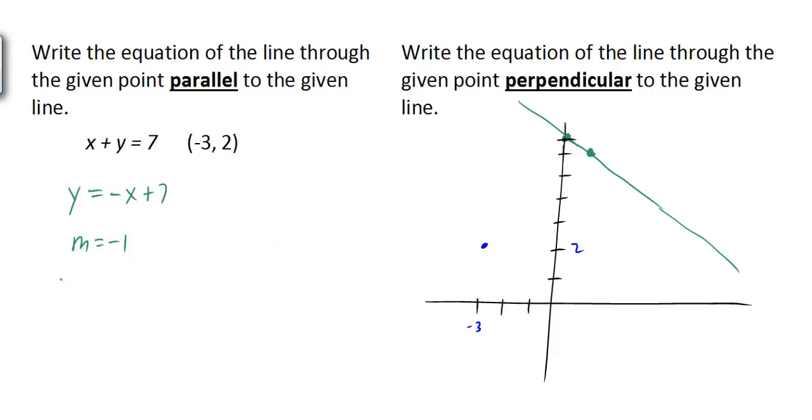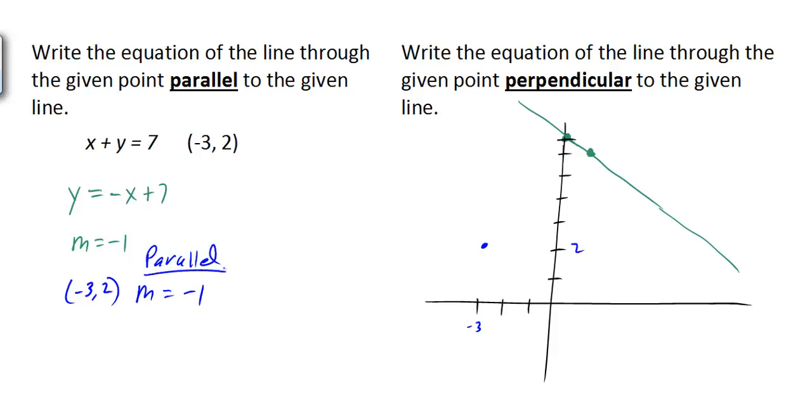So I'm going to write this down. We have negative 3, 2. What else do we need to know? We need to know the slope of the line. Well, if this line is going to be parallel to the given line, the slopes are going to be the same. So the given line has a slope of negative 1. So that means we want to use the slope of negative 1 because, again, here we're looking for a line that's going to be